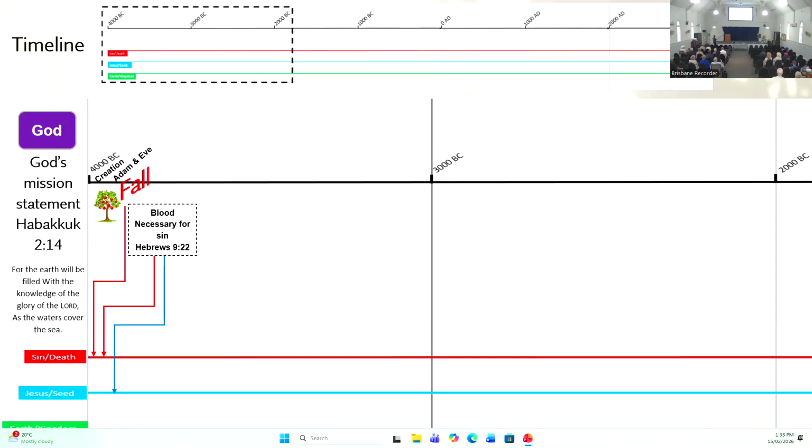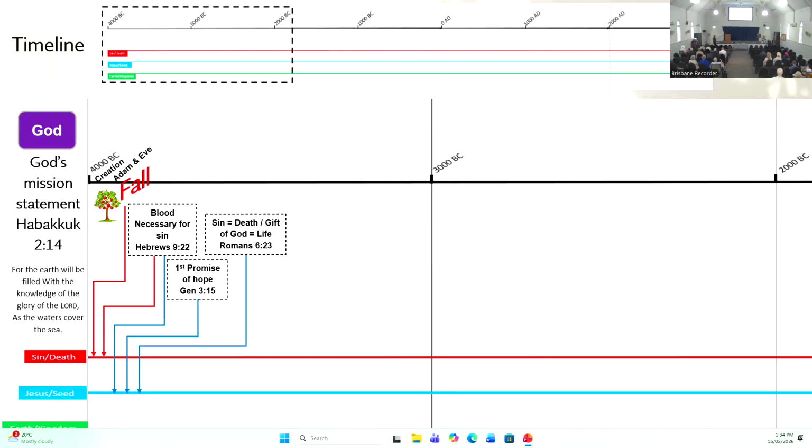So Mike took us through creation. He showed us some key things about the red line. Adam and Eve, they sinned, and so we're born into this red line. But even back in creation, a promise was given that mankind would have the opportunity to get off this red line, which only leads to death because we're born into sin, and through a seed, we'll be able to get off that line. So that was really good. But what about the green line? What about the earth and the kingdom? Well, that's really going to be shown quite clearly today.